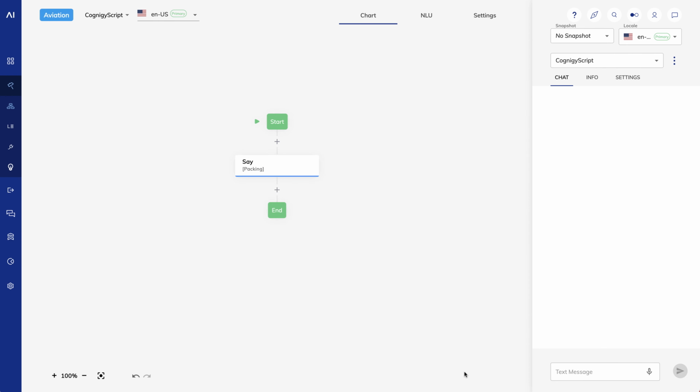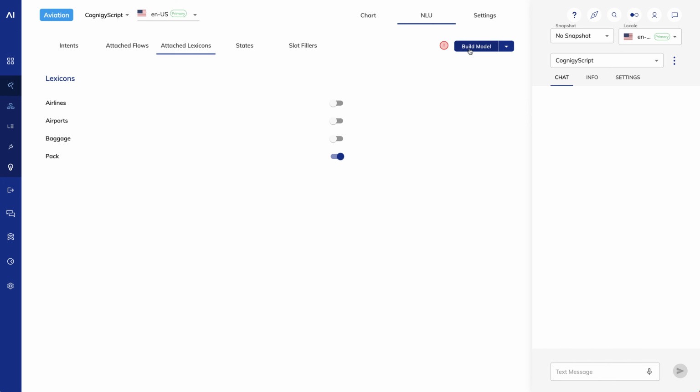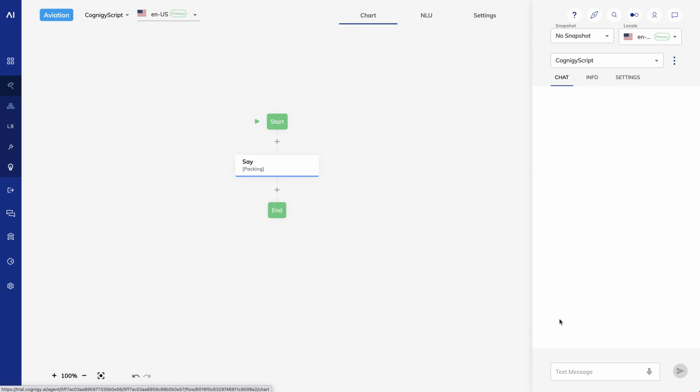The last thing I need to do is attach my pack lexicon to this flow and build. Now we can test it out.